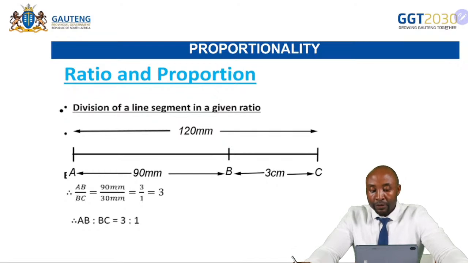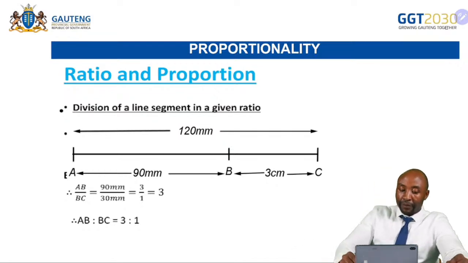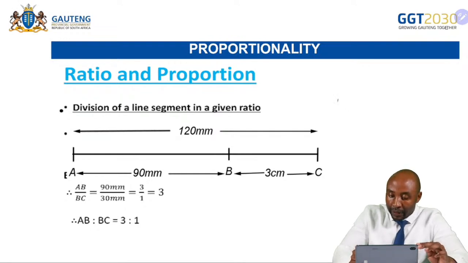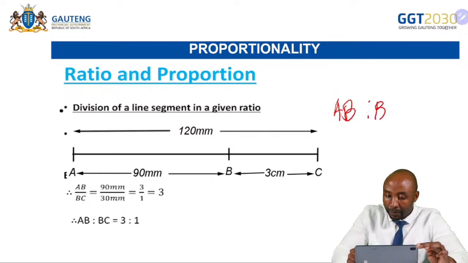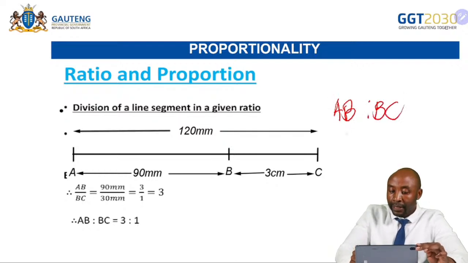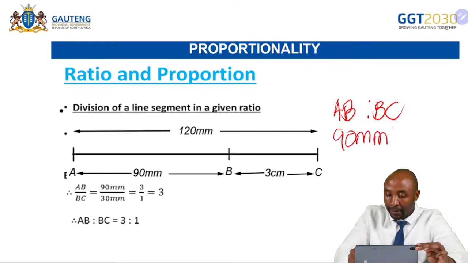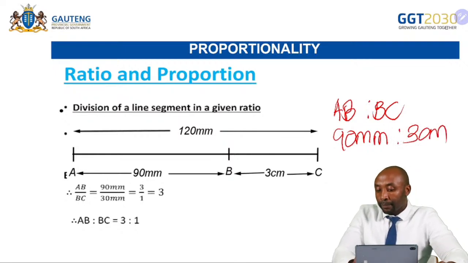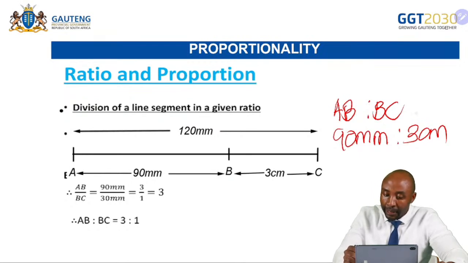Now, to find the ratio of AB to BC, we will first of all write it as AB to BC. We can write it as 90 millimeters to 3 centimeters. But because AB is given in millimeters and BC is given in centimeters, you cannot simplify this